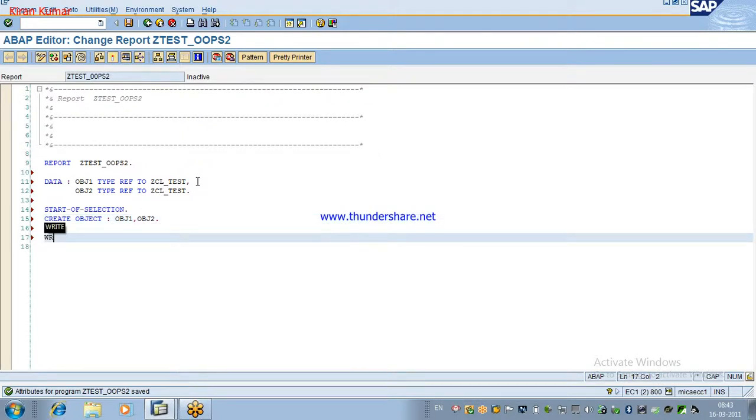Now what I will do, write obj1 single arrow v1. What is the output? obj2 single arrow v1. Tell me what is the output? obj2, obj1.